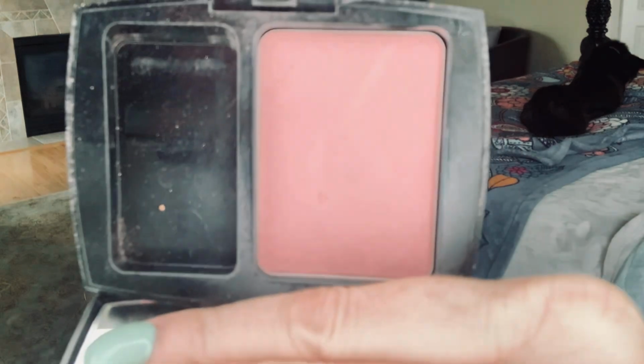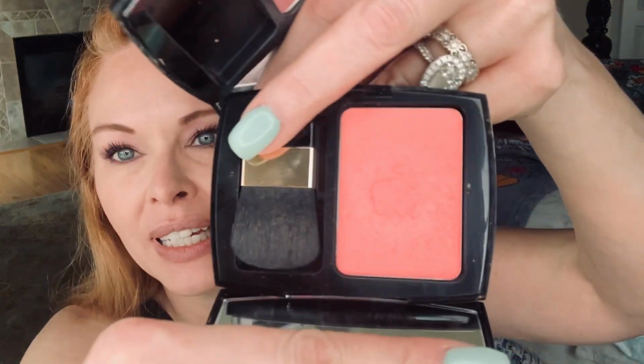So the blush, it's in French, subtle, I think is the word, spelled S-U-B-T-I-L. And this is in the shade Plum. I always have this in my collection. I'm so thankful they've never discontinued it. It's a very soft lavender pink. And I also have, I think this is Happy Go Rosie or something like that, and it reminds me a lot of the NARS Orgasm Extreme. I think it's a dupe for that. But I'm going to use a Plum because I love this, and I think it'll be really pretty with the